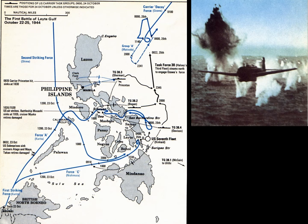The Japanese had a couple of good maneuvers. They were able to distract a part of the U.S. fleet. They were able to attack the supporting fleet that was supporting the American Marines and soldiers landing on Leyte. But for the most part,